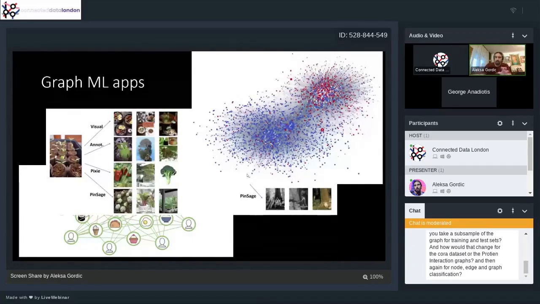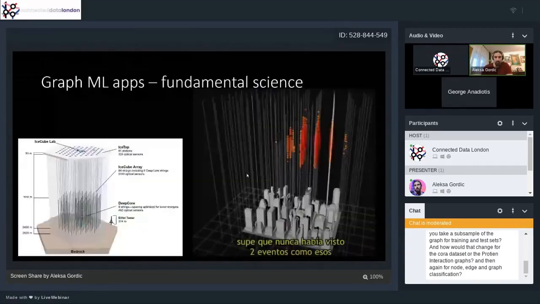Using that, they deployed a graph neural network here to tackle this task. That's another exciting application, and all of these graphs are huge: social networks like Uber, Pinterest, and finally Twitter. Now, let me show you some more fundamental ones.